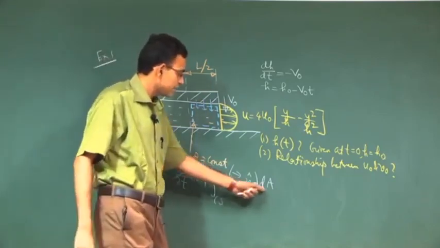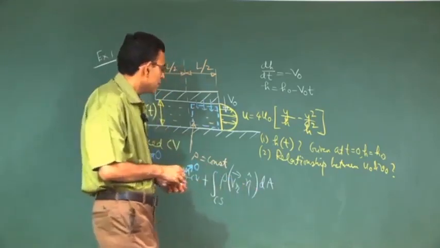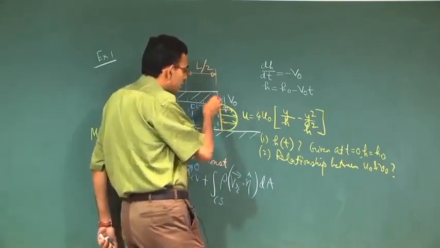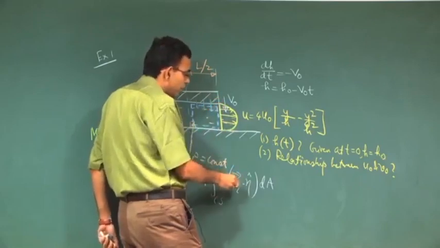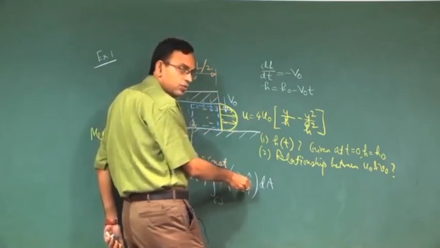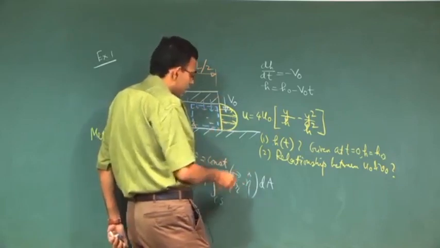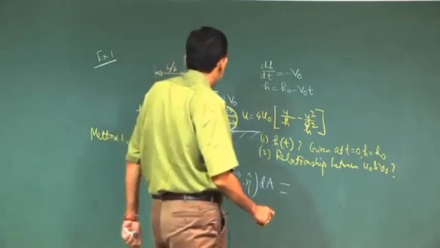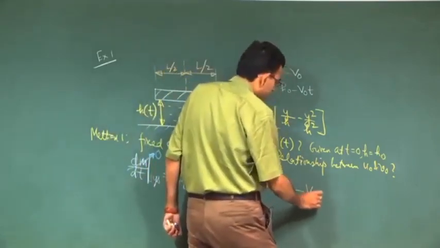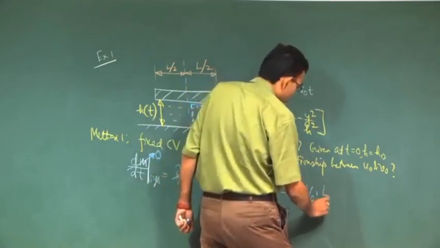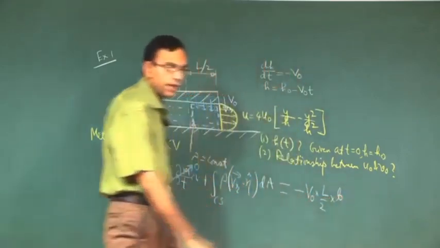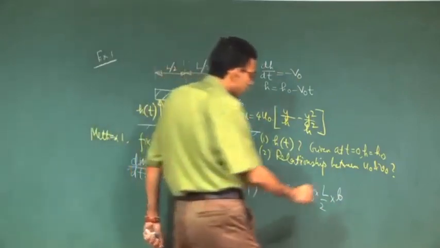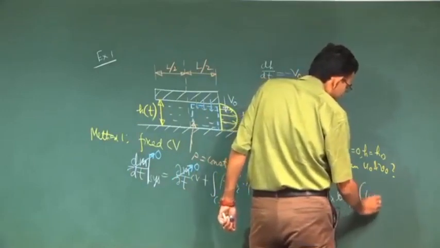So this particular term will have one inflow and another outflow. For inflow the dot product of the velocity vector and the outward normal vector is negative, and for outflow it is positive. So this will be minus V0 into L by 2, let us say B is the width of the plate, into B, this is inflow, and outflow integral